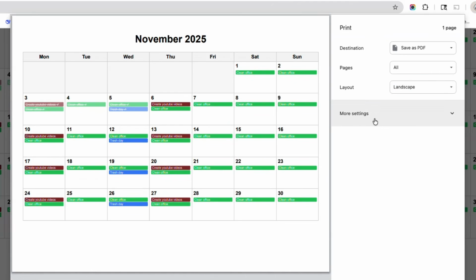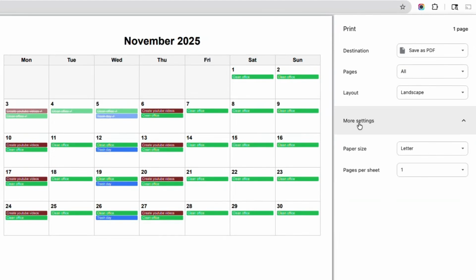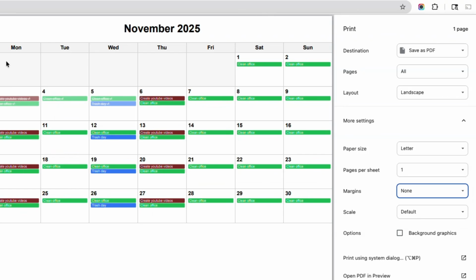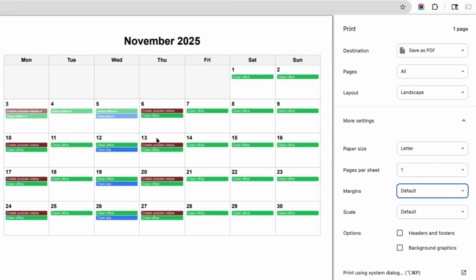One more thing I wanted to show you is that it might not show up exactly like this on your computer depending on what your setting is. Let me show you what that means. Click on more settings. Down here where it says margin, it should say default. If yours says none, this is what it's going to look like. So you will have no margins. If you don't need the margins, that's fine. But if you want it to show up the way it shows up with the borders around it, make sure you click on default, and it looks like this, and then click save to save it as a PDF